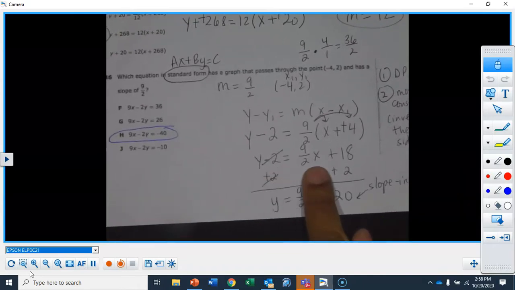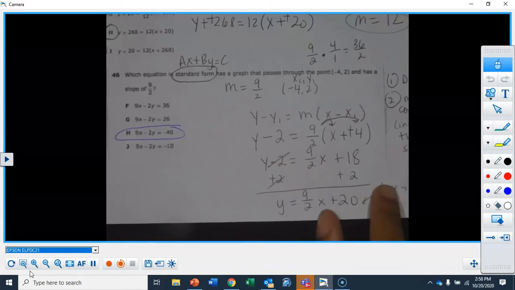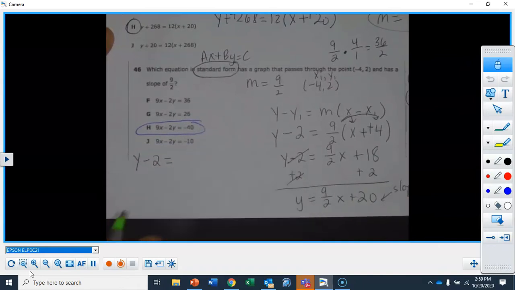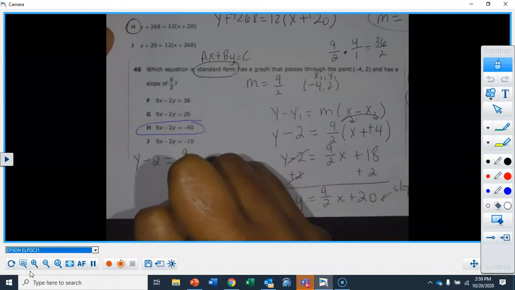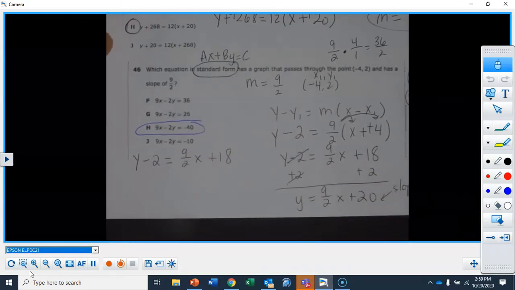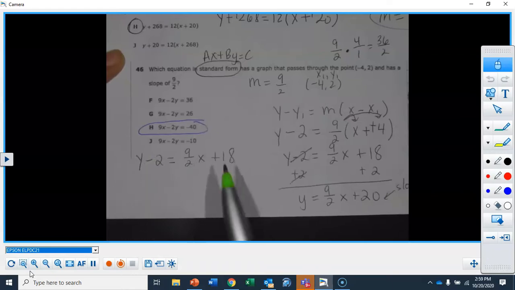So let me go back to this step, guys, and I'm going to move my x over to this side. All right? So I'm going to go back here. Y minus 2 equals, and then put 9 halves x plus 18. Okay? So actually I could just come from here. Whoops, that's fine. You can tell I'm tired. All right, it doesn't matter if you want to move your x to this side first and move the number next. It doesn't matter the order, but there, we're right, okay?